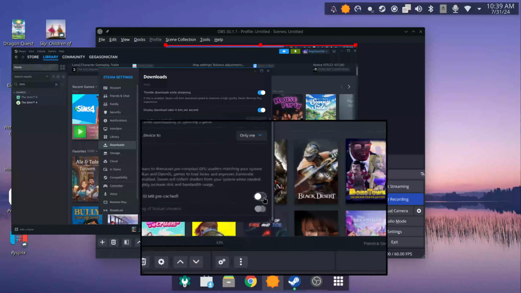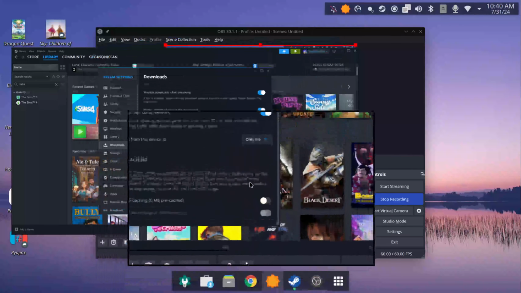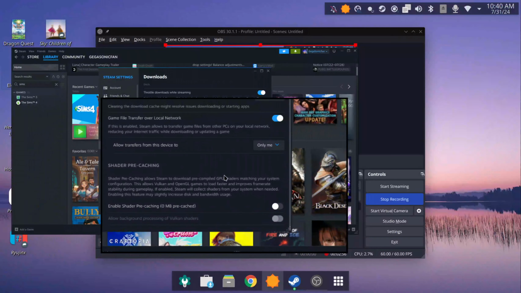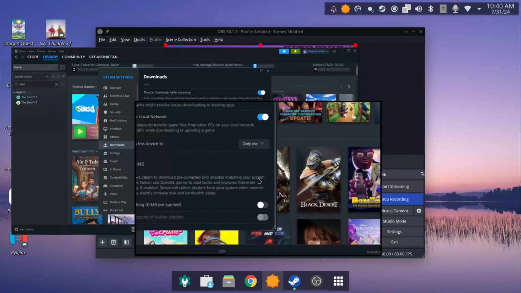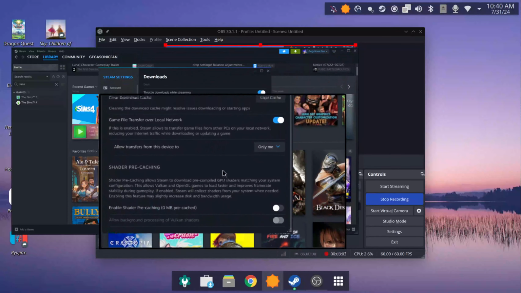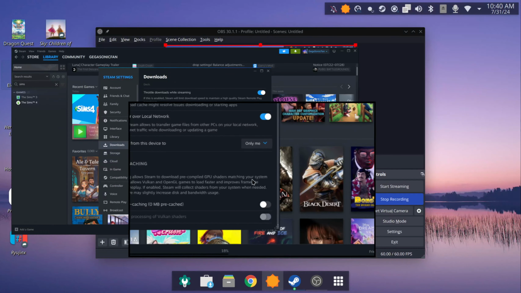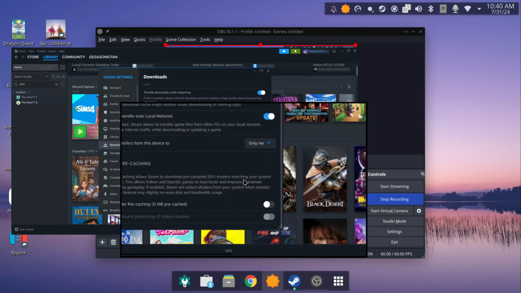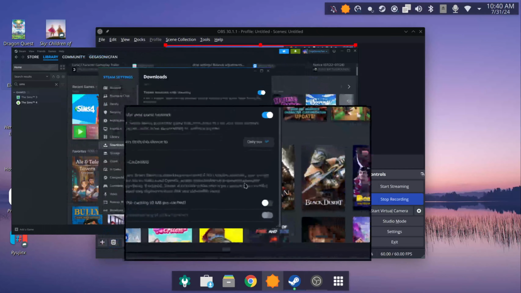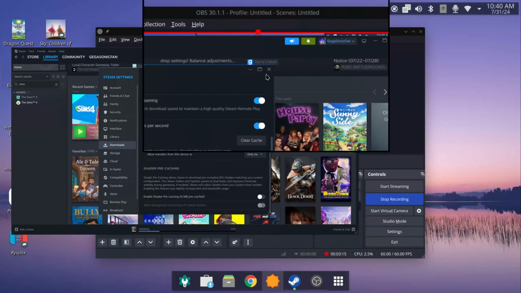And once you turn that off, because Linux has gotten to the point where it can load all of the shaders just as well as Windows can, so you don't really need that anymore. So yeah, come in here, turn that off, and then